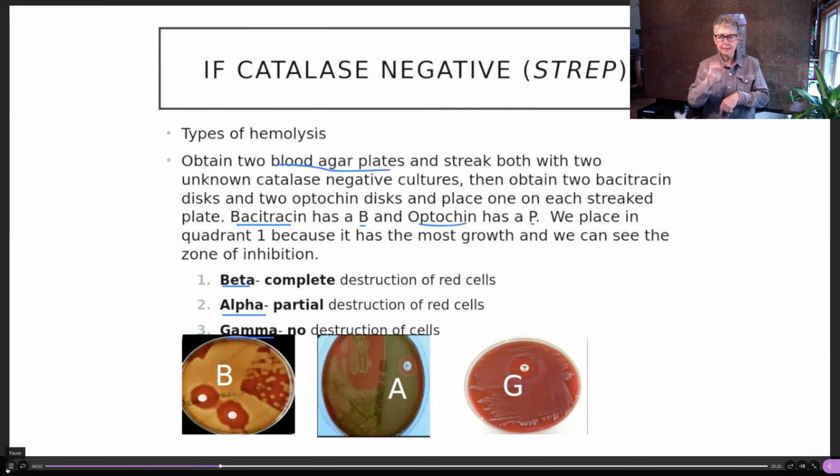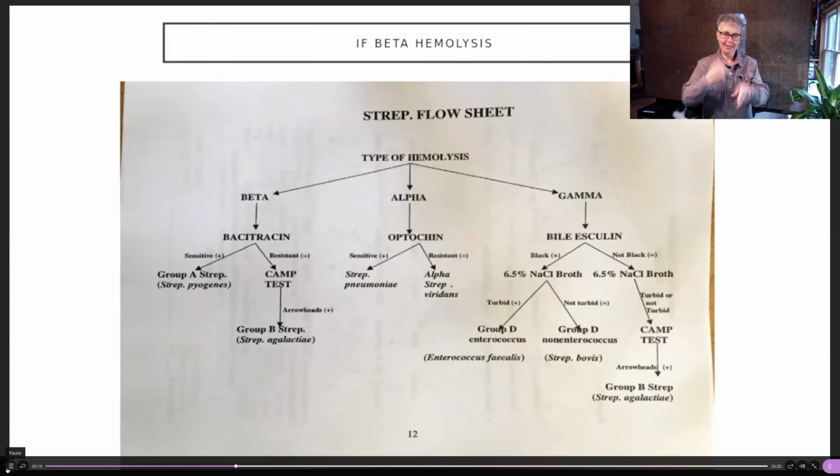So the key to identifying our strep species is to correctly identify the type of hemolysis, whether it's beta, alpha, or gamma. The reason for that is that it's going to allow us to go basically down a rabbit hole where we're going to be looking at different tests or looking at different antibiotics to help us identify that bacteria. So here's our strep flow chart. So the key to